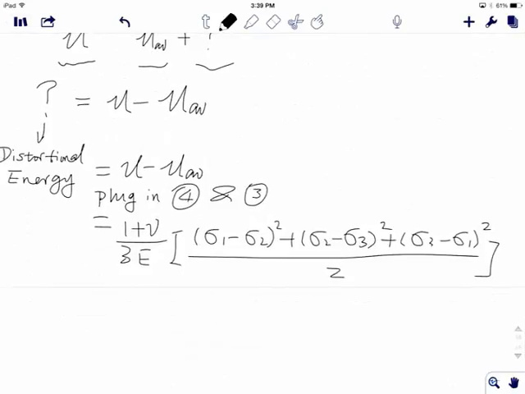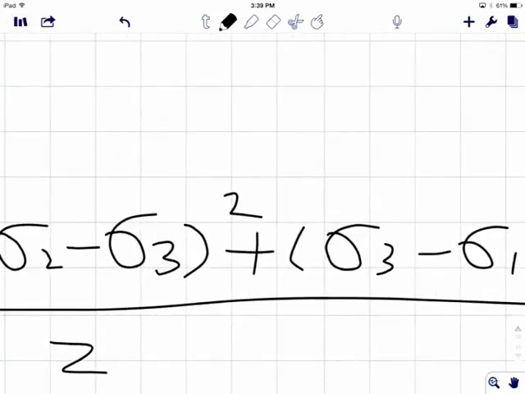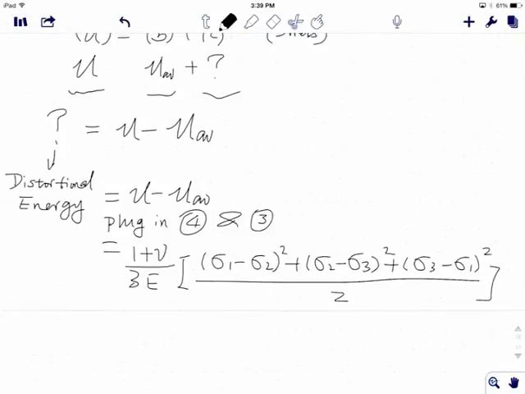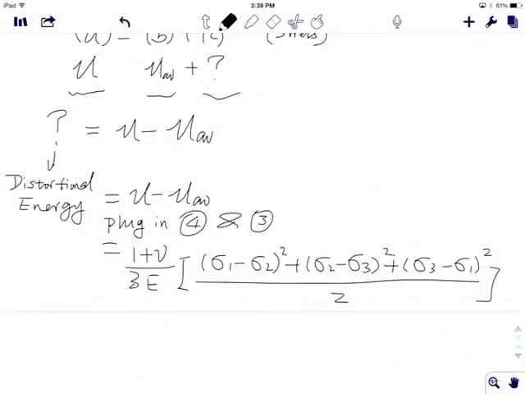Okay, so this is what I have. Now, this is very important because it tells us